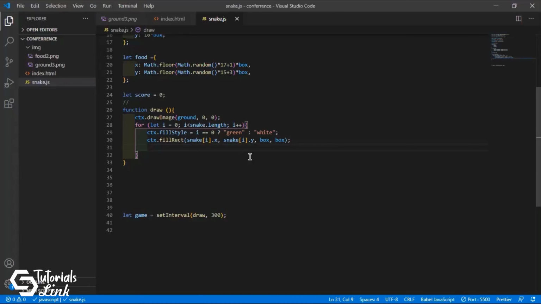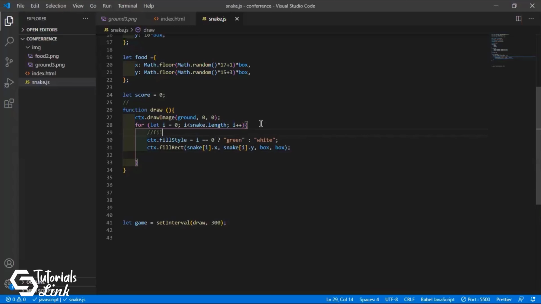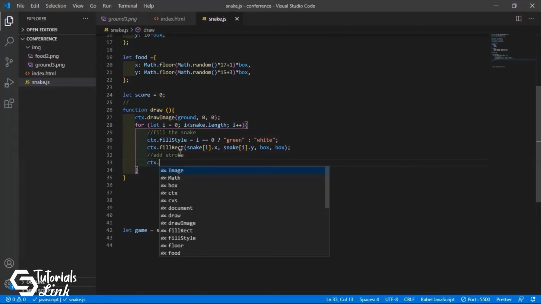Now next we will add a stroke, let me just comment it. Adding a stroke is nothing but giving it some border, and it is strokeStyle. Let's say I'll declare it as red. Fine.